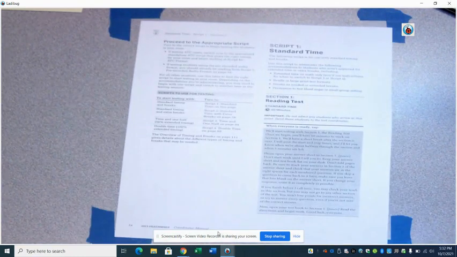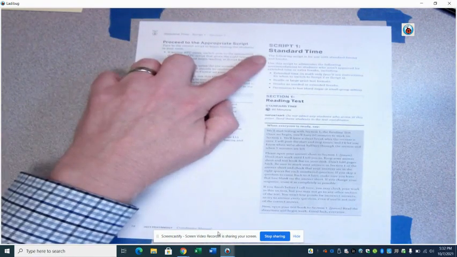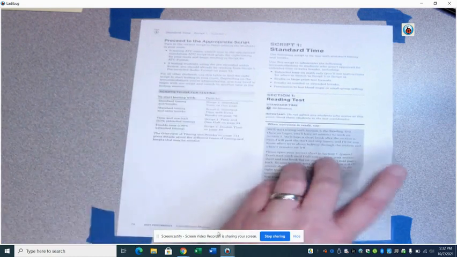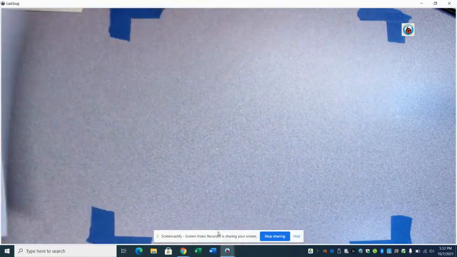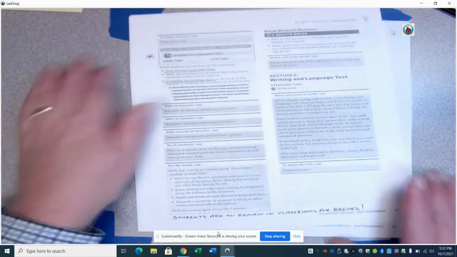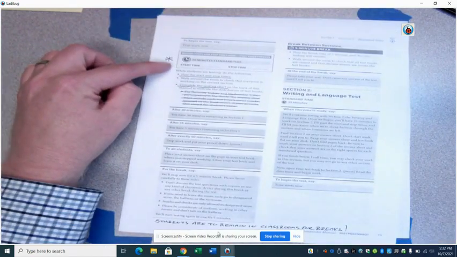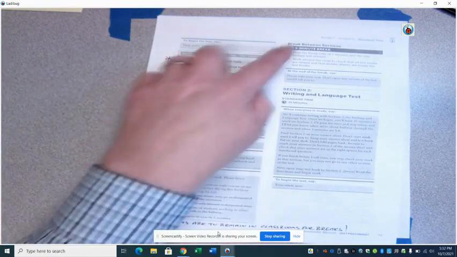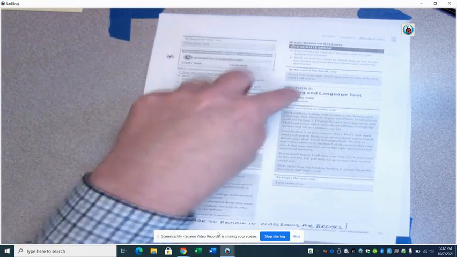So for this exam, you are going to start, like I said, with script 1. That's the standard for the reading exam. And then we're going to continue. You're going to record the start and stop time for that session. There is a 5-minute break then between 1 and 2.